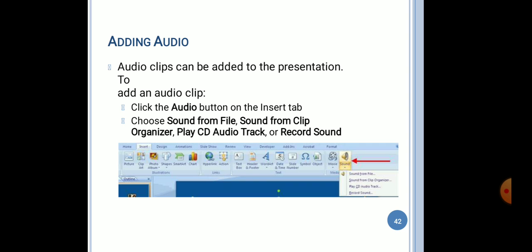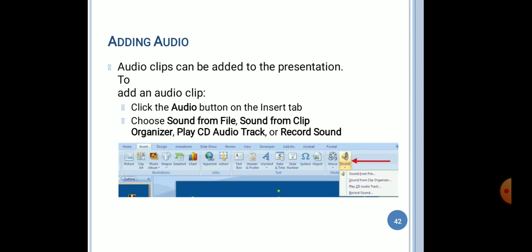After that we can also add audio to our presentation. If we want to add audio to our presentation, first of all you have to click the audio button on the insert tab, then you have to choose sound from file, also some sound from clip organizer, and you can also choose the sound from an audio track or record sound.